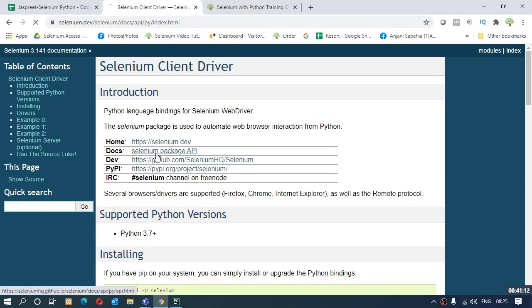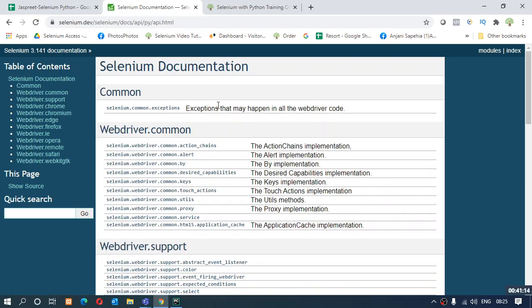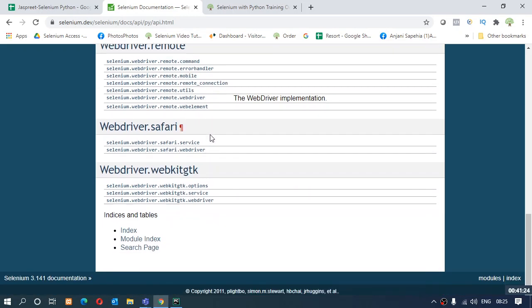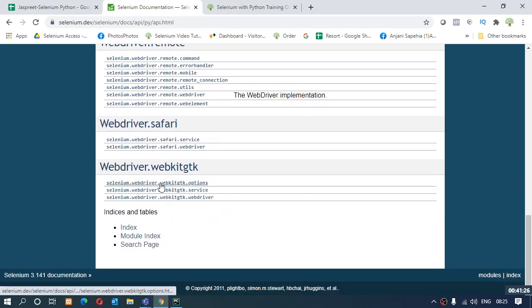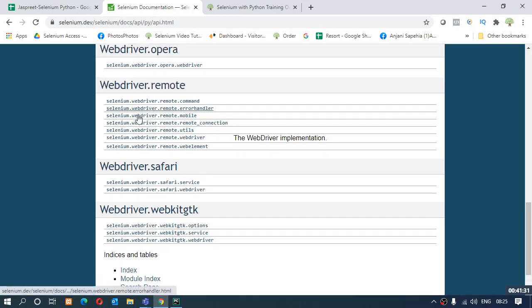In here in the docs, all the classes that we're going to use ahead, all the details are given up over here. Okay, now which class we are going to use, that's in the second last section.